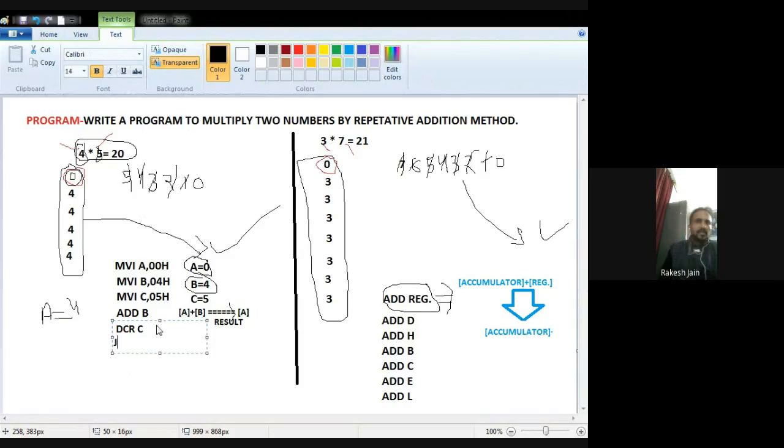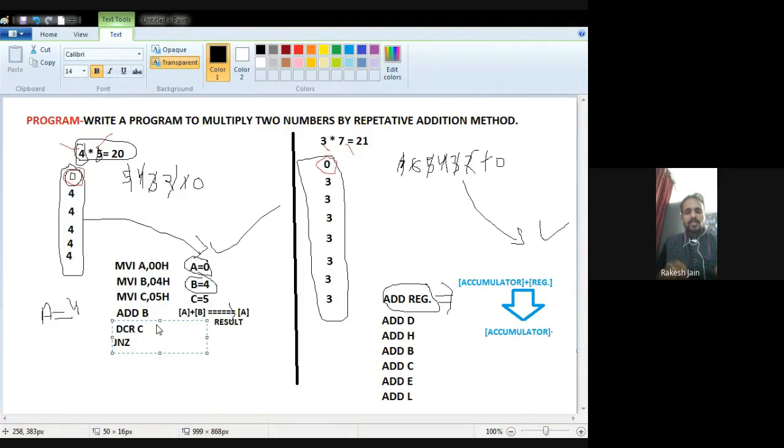So the instruction for this command is JNZ. The meaning of this instruction, what you write down just above this, is JNZ, DCR C: decrement the register C by 1. Now the meaning of this instruction JNZ is jump if not 0. So decrement the register C by 1, and if it is not 0, jump to this location.